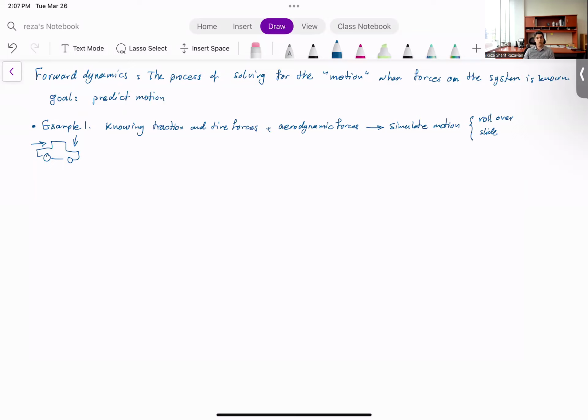So the goal here is to check, given this condition, what is going to happen. Another example,